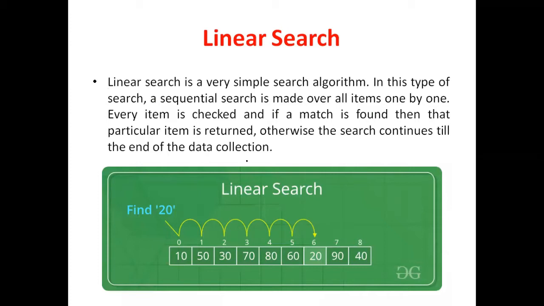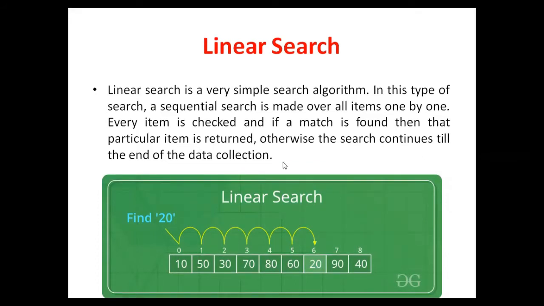So basically, what is a linear search? Linear search is one kind of searching technique through which we find out whether a particular element is present in a group of elements or not. The name itself represents linear search. Suppose the array is given to you and you are going to search for a particular element in the array, then linear search will search for the element in a sequential manner.